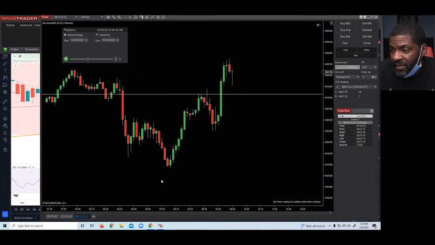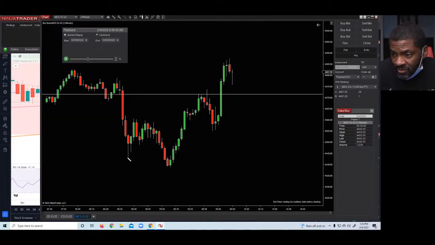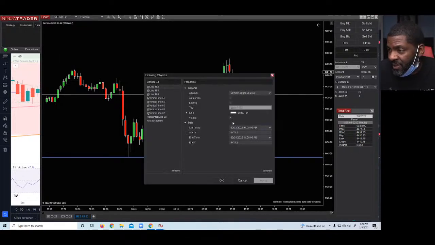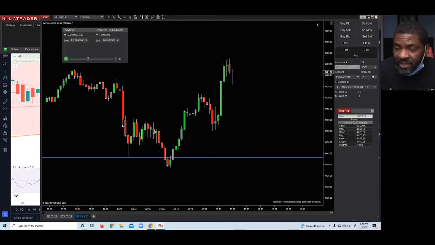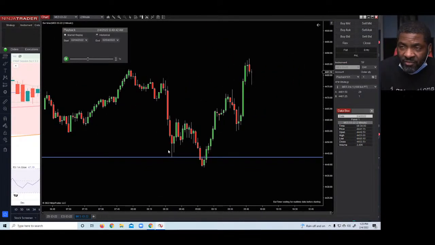We're looking at how we came down and we broke these lows right here. Let me make a little horizontal line. Boom. We came down and we broke these lows here. Let me hide my white line there. For anybody who doesn't know, that white line is where we closed yesterday, but I'm just hiding it to get it off the screen so as not to create confusion.